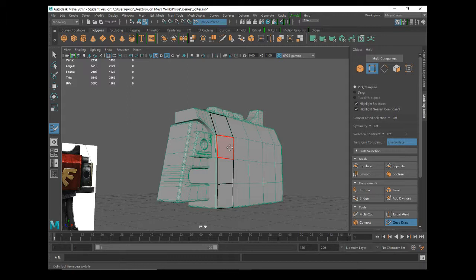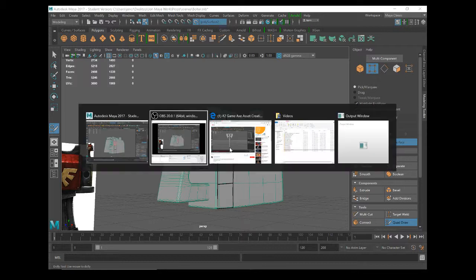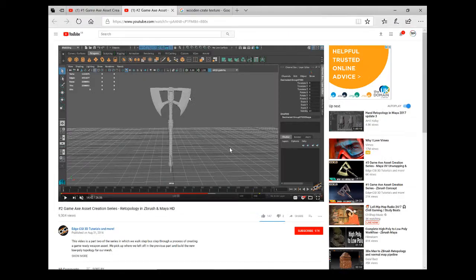One, our game engine won't be able to handle it. The frame rate will drop. And two, we just won't be able to UV map it. We just won't be able to do that. Now, I found a really great video which looked at this online, and Edge CGI do some very high-end stuff. And again, they talk through the same process. In this video, you can see that they've modeled a very high poly